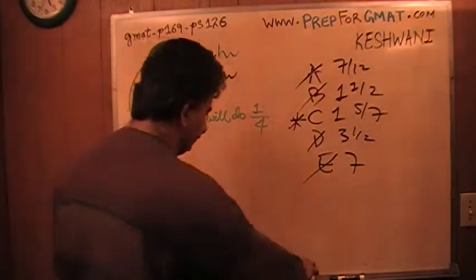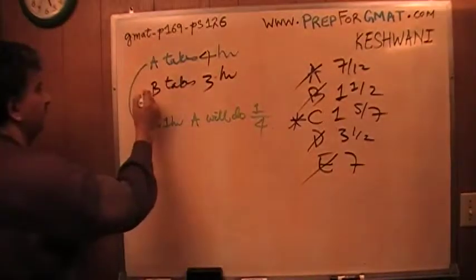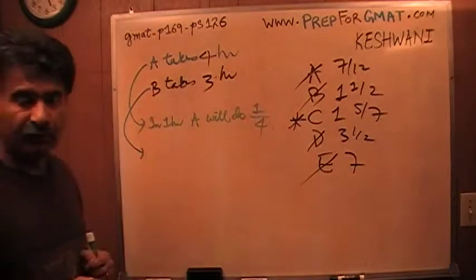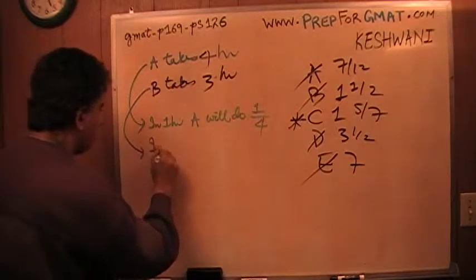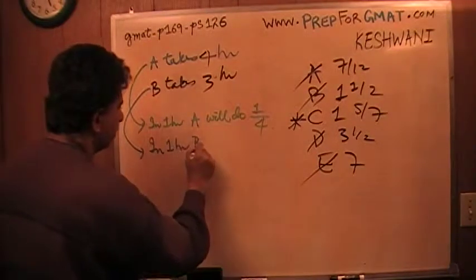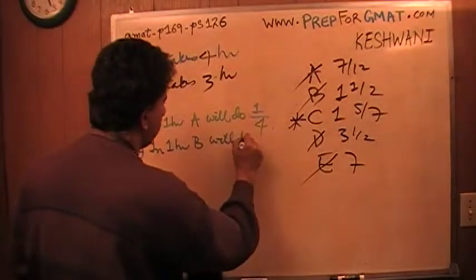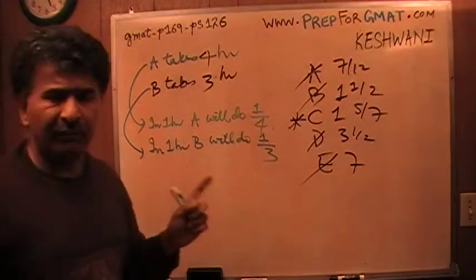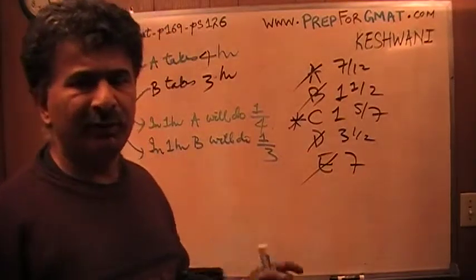Similarly, since B takes 3 hours to do the job, in 1 hour B will do 1/3 of the job. But you can see how cumbersome and nitty-gritty it gets